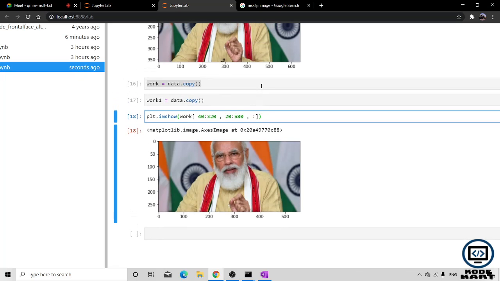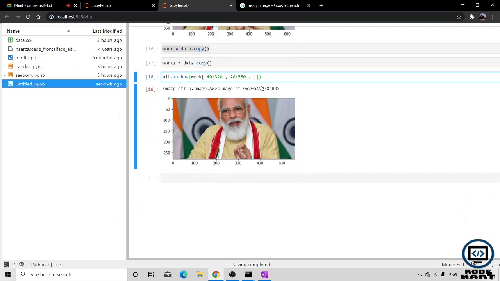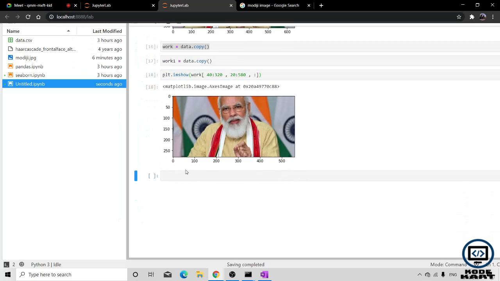Now I want to remove colors from that image, like I do not want a particular color. So on work1 I can do work1 equals work1, passing the height and width slices as they are, and setting the 0th layer equals to 0.